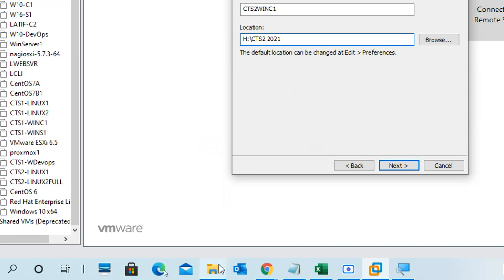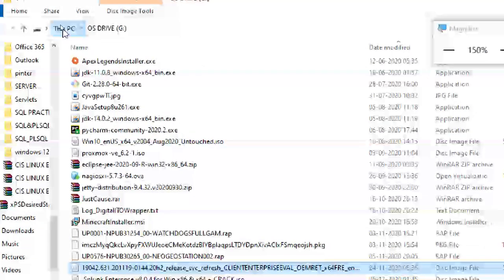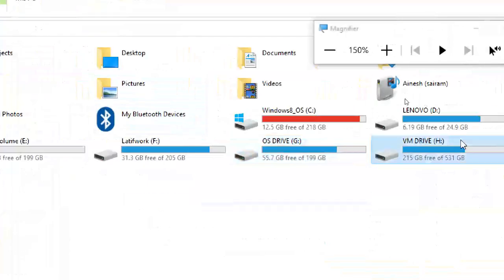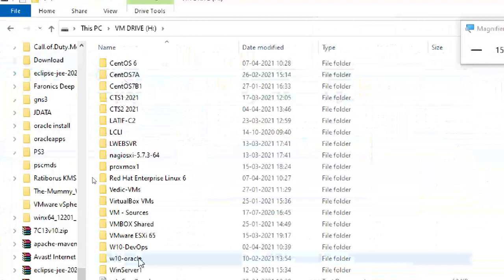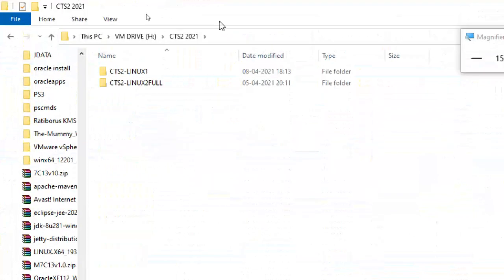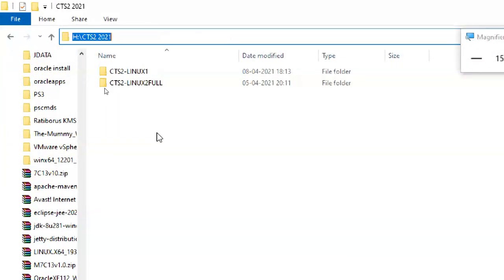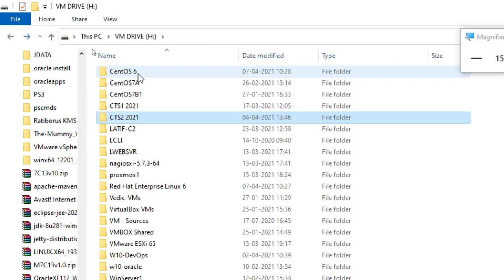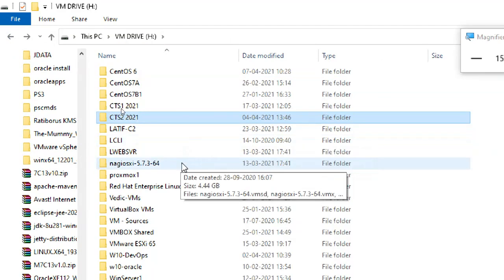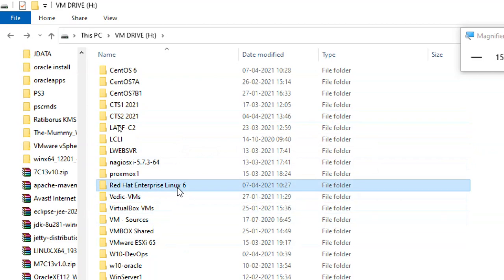Otherwise, where you are going to install, you can go to that one. So go to H drive, and this is the folder where I keep all the virtual machines inside. Last time I chose H only, I didn't choose the folder. I didn't check the name also.